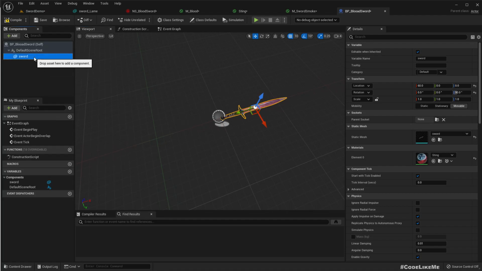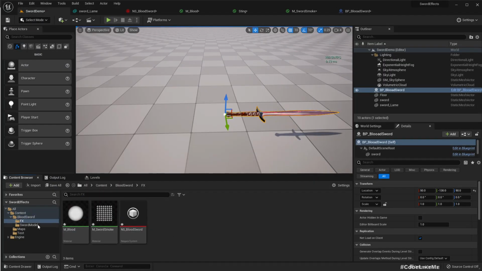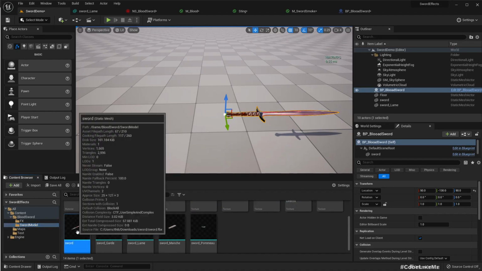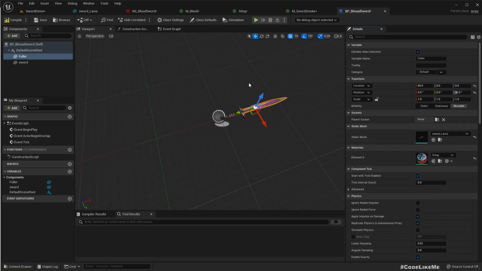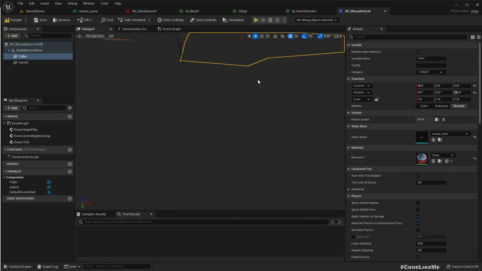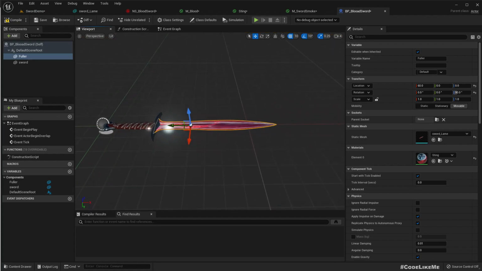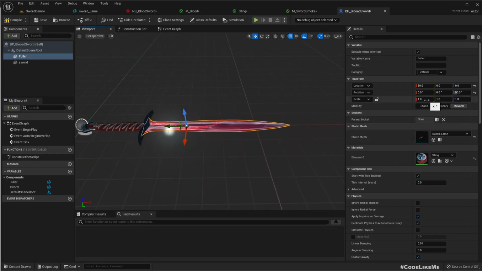Right, sword, and then let me duplicate this fuller, and for the fuller I'll choose this sword layer and apply here. So if there are any z-fighting, there are none, but just in case I'll make this slightly larger. Let's say 1.01,